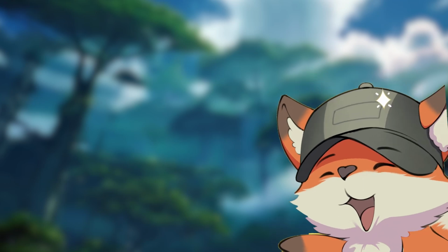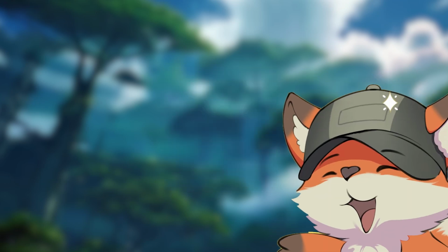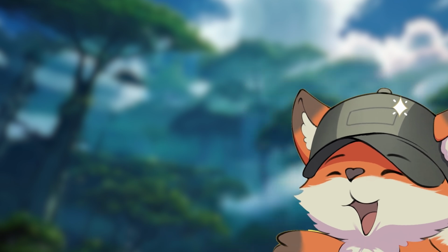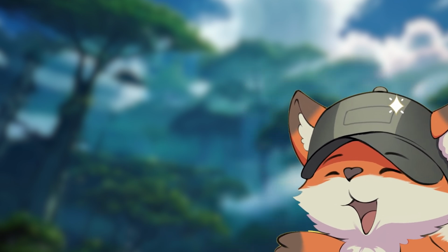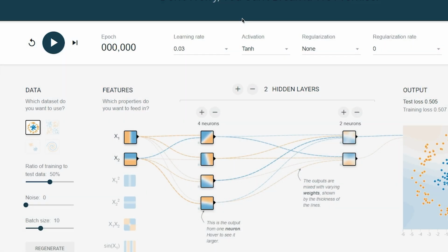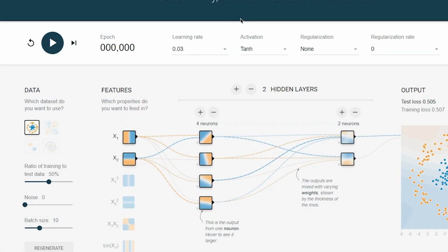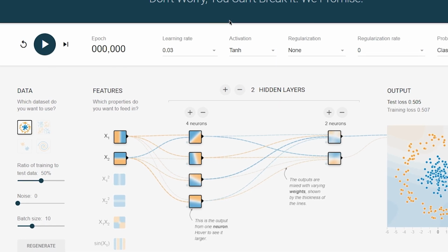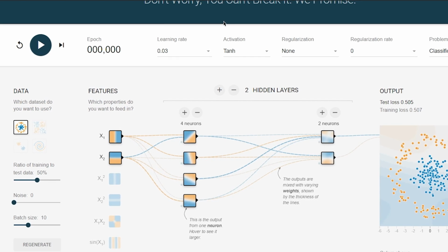Today we're diving into the TensorFlow Playground, a powerful yet simple tool to help you visualize and understand neural networks. Whether you're a beginner or just curious about neural networks, this video is for you. The TensorFlow Playground is an interactive web tool that lets you experiment with neural networks right in your browser. It is designed to help users understand how different neural network architectures and parameters affect model performance, all without needing